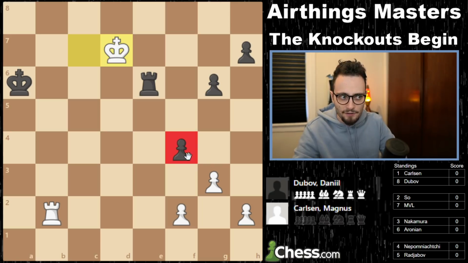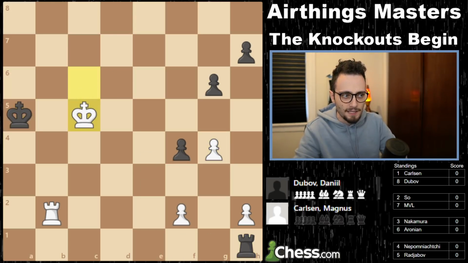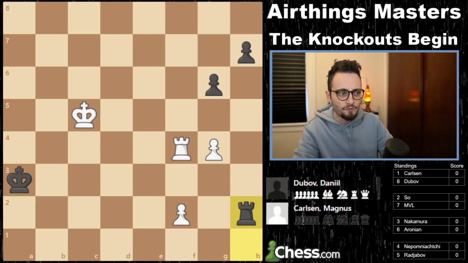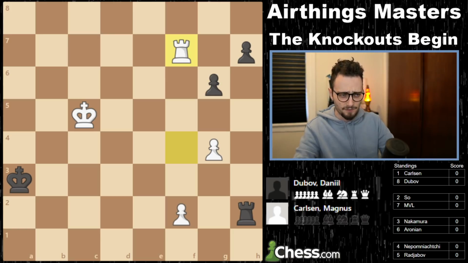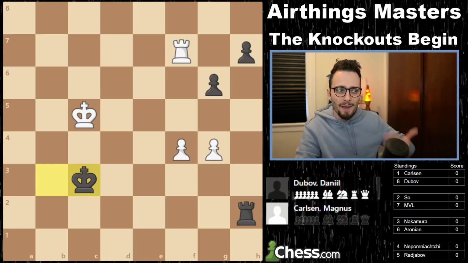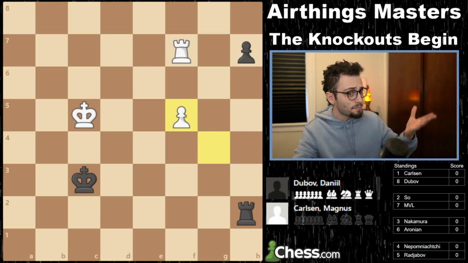Dubov goes for a pawn sacrifice in order to damage Magnus' structure. Magnus not interested. Instead keeps his structure altogether. Uses the threat of mate to lure the king to a4. Check. Pick up the f4 pawn for the h2 pawn. And then rook to f7. Excuse me. Rook and pawn versus rook and pawn. He creates a passed pawn, giving Dubov one of his own as well,